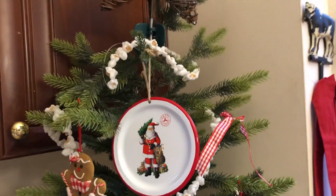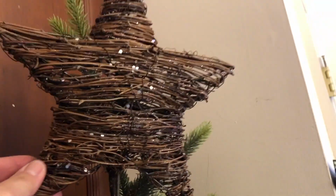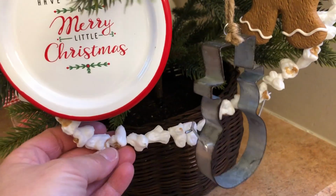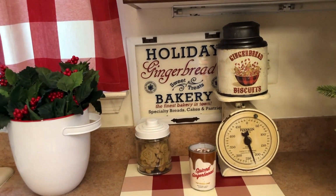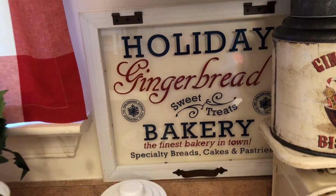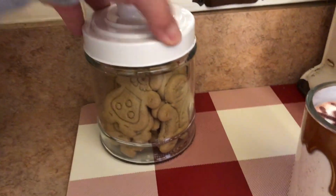So this is my little mini tree. I have popcorn, it's fake. I think this is from Target 2 years ago. I don't know. This is from Hobby Lobby. This is from Hobby Lobby. I think this is Hobby Lobby too. And then, I don't know where I got this, maybe from Amazon, the popcorn. Alright. Okay, and then right here I just have gingerbread biscuits, this little cute sign, this old vintage scale, gingerbread cookies,